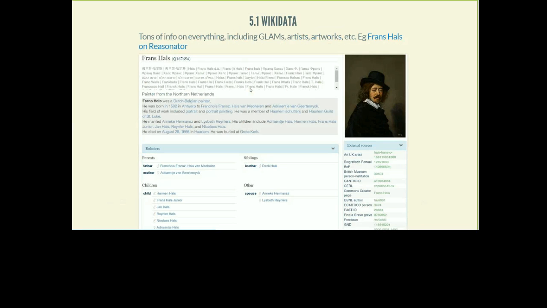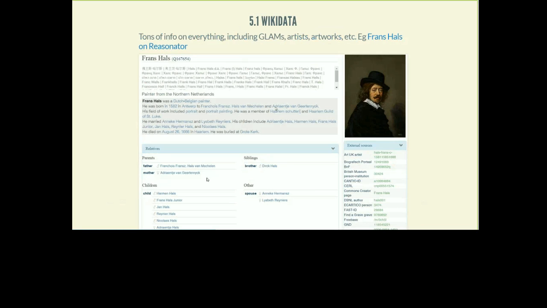Now, a very interesting development in the last, I guess, 4 years, but really picked up speed in the last 1.5 years, is Wikidata. Wikidata is also sponsored by the same foundation that does Wikipedia, the different language Wikipedias. And the idea there is to collaboratively edit facts. So, for example, here are some facts about this painter, Frans Hals. First of all, take a look at all of the different identifiers in different authority systems. I'll speak more about this later on. This is only maybe a quarter of them.